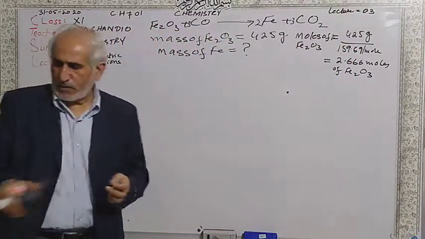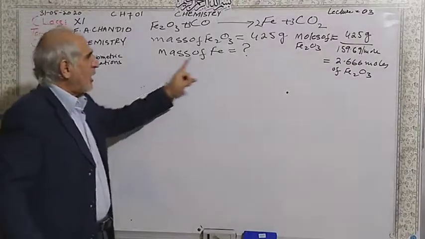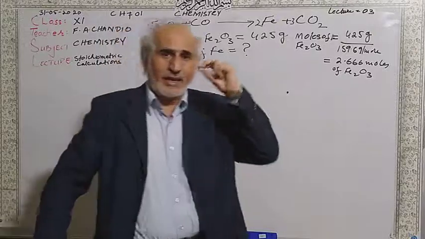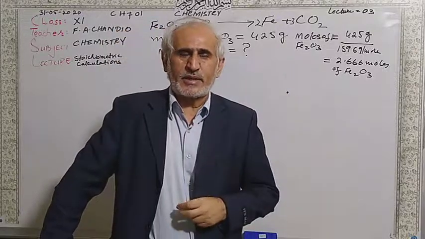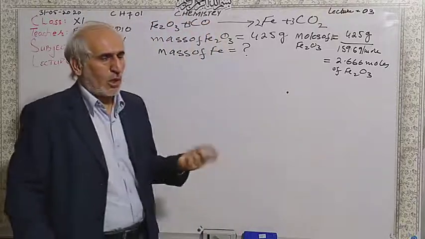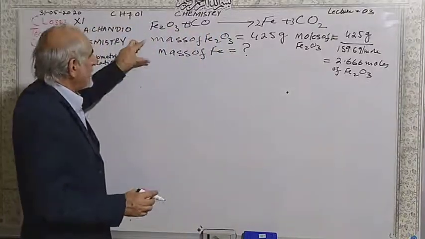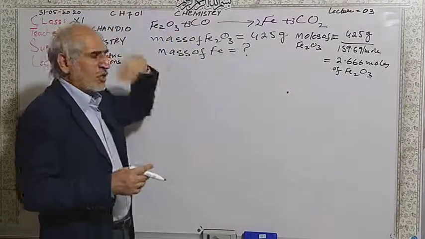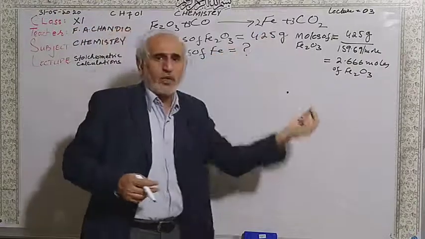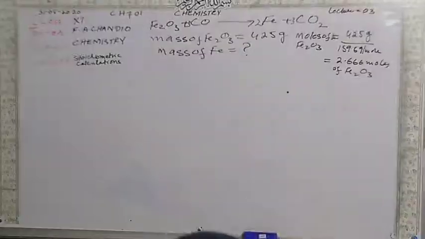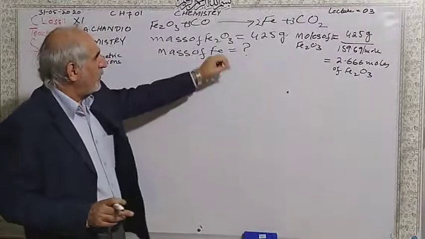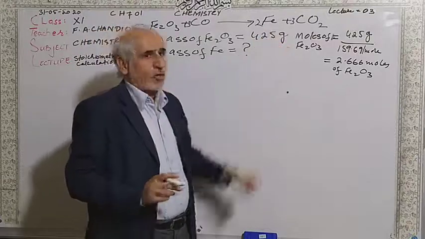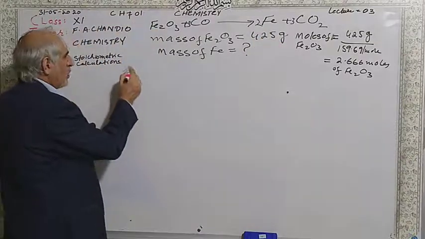So the first step is to convert these grams into number of moles. Then you have to use the conversion factor method. In lecture number 2 I told you how we calculate. Now this is given. You have to calculate the number of moles and the mass you need. So first you calculate the number of moles of iron, then you convert these moles into mass. First of all you have to convert these moles of iron ore to moles of iron. That is why there is a formula. Yesterday I told you.